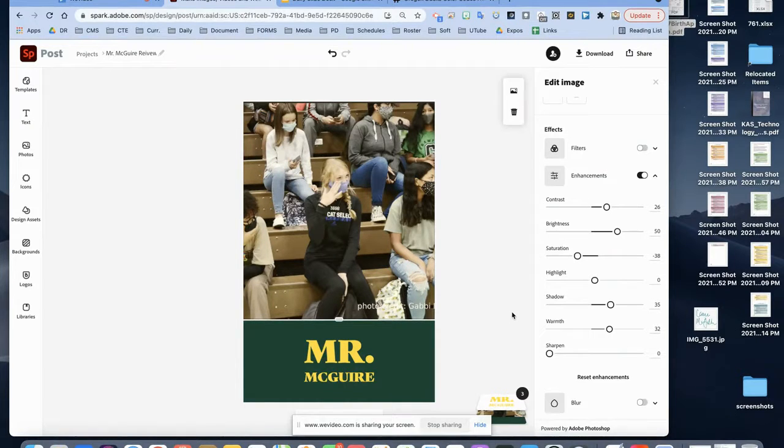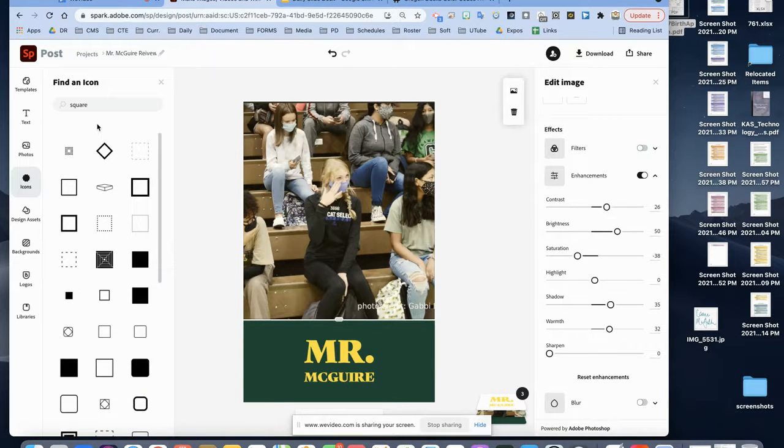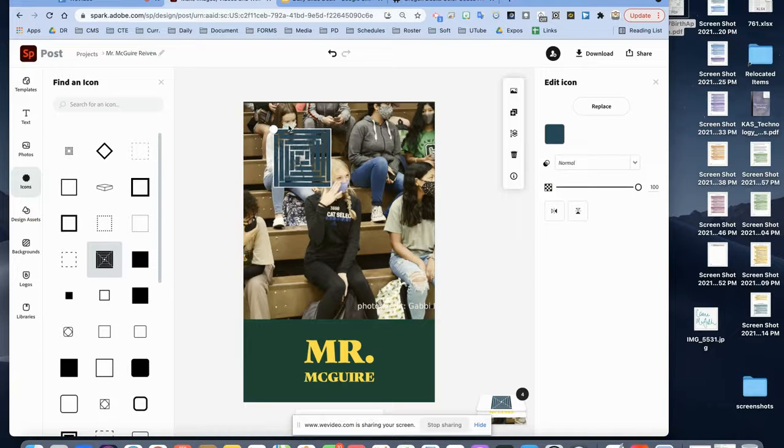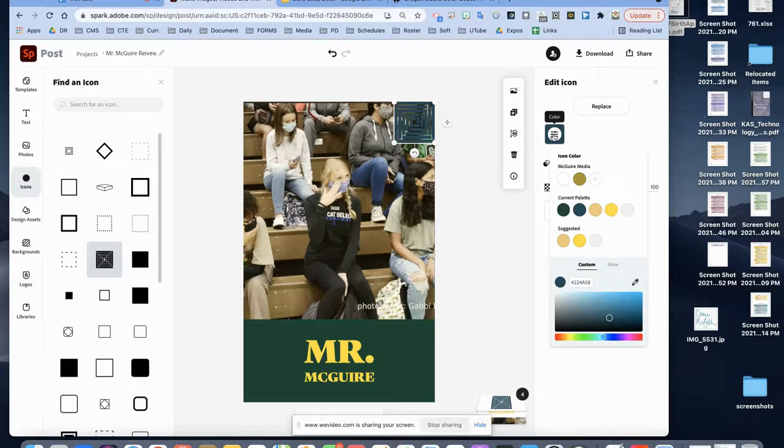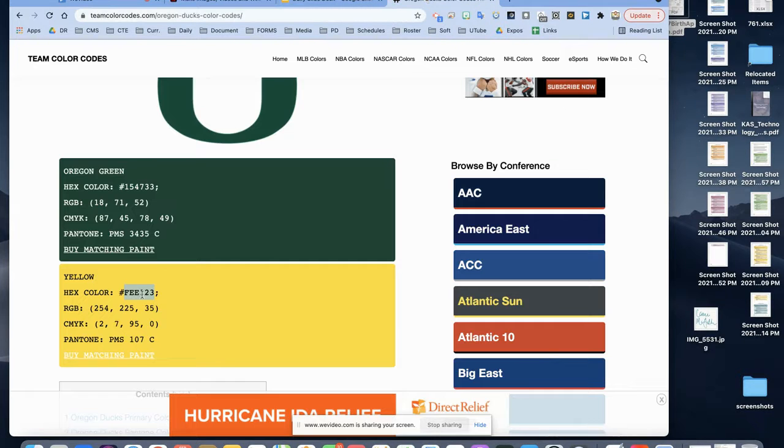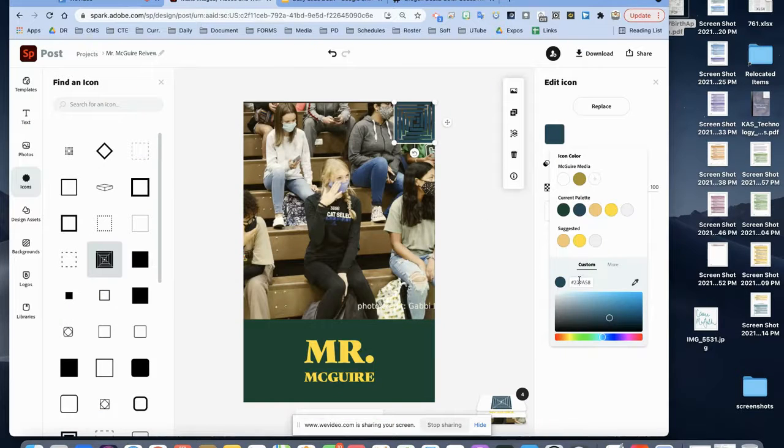Okay, so then the next thing we're going to come over here and add some icons. So let's add a few icons. In this case, let's see what icons we can add. It says square, so let's add a few squares too. Let's say we're going to cover up the corners, just for the sake of doing that. So staying with our Oregon Ducks hex code, we have this open. I'm going to stay right here, hit Control C to copy. I'm going to select it, Control C. I'm going to come right here,